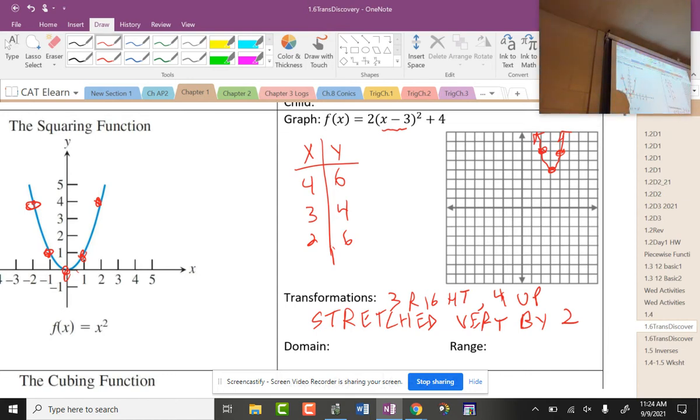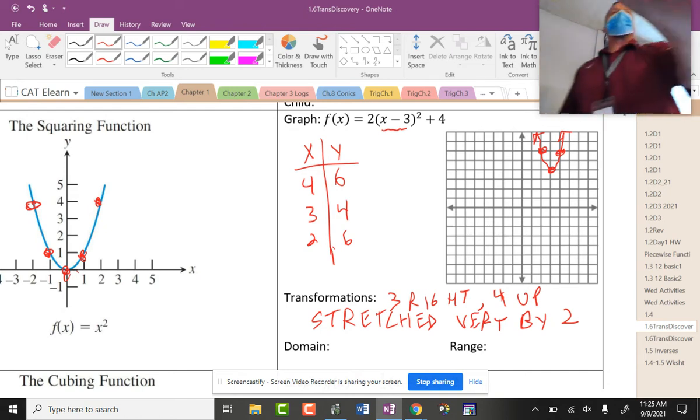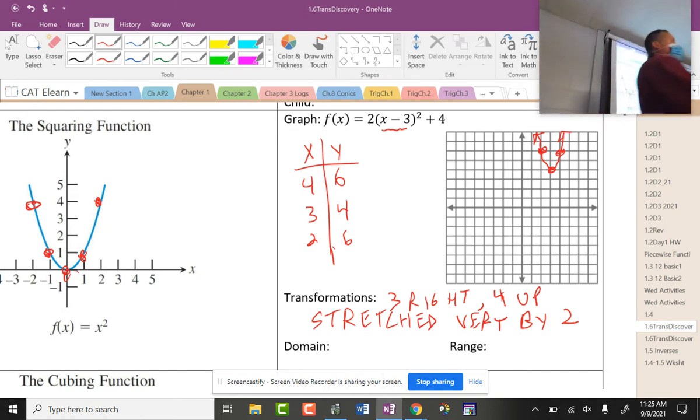Got it? You see what's going on here? And then there is that C in front. They like using C down at the bottom, the second to last thing. That is a stretch when it's greater than 1. So, vertical stretching. See that right there. That's why I gave you this little sheet, so you can recognize these changes and say what they are